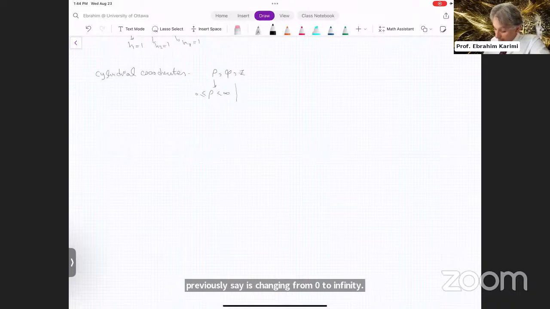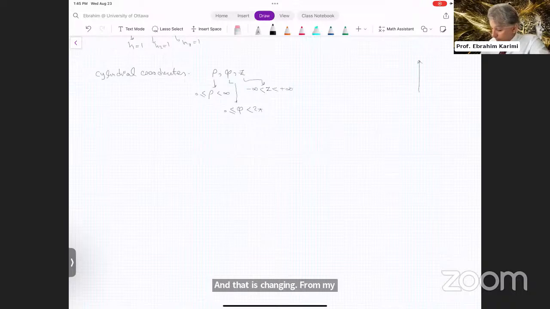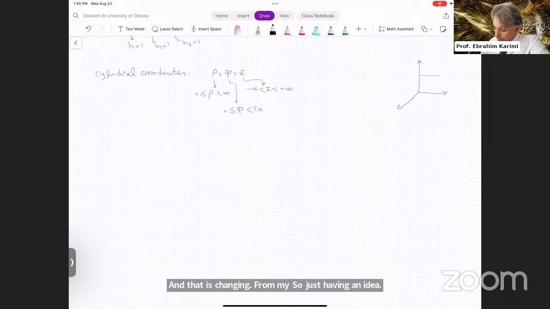Phi is a cyclic parameter, so phi is between 0 and 2 pi. And z changes from minus infinity to plus infinity. Just to have an idea,